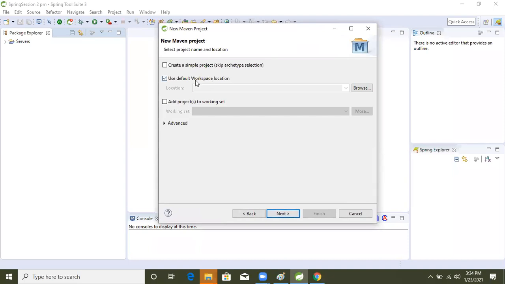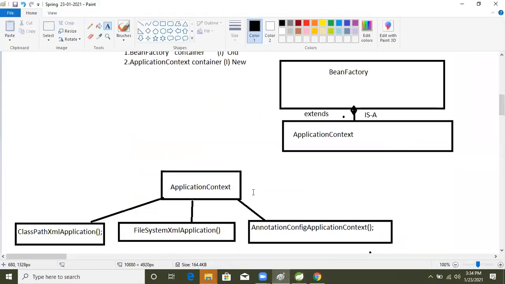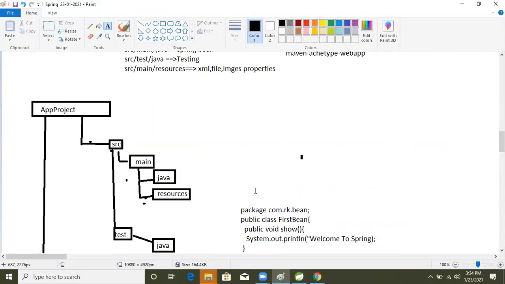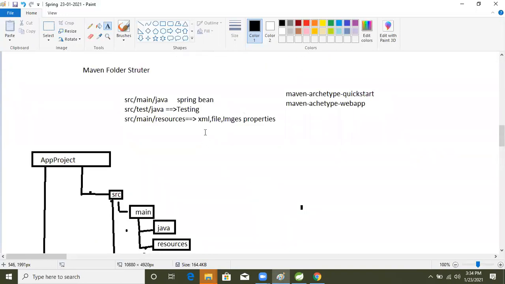in that, I told you people to quickly explain. I explained here, if you want to develop a standalone application, Maven has given two facilities. One is Maven archetype quick start for standalone application, and for web application Maven archetype web app, right.